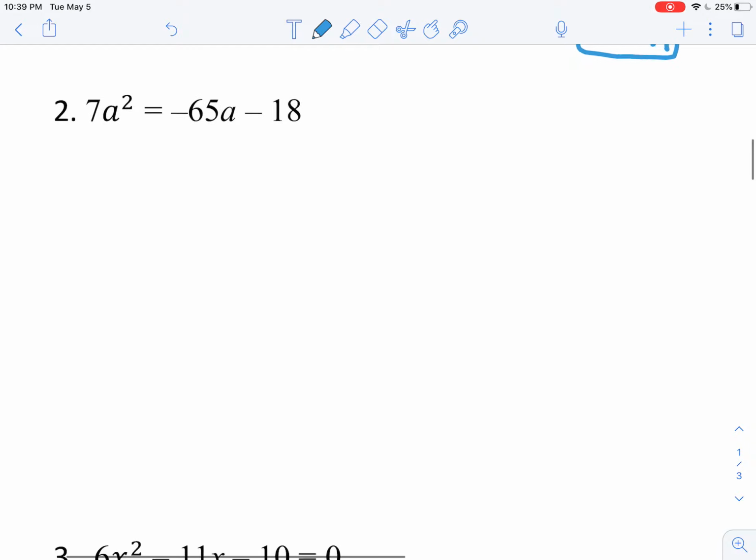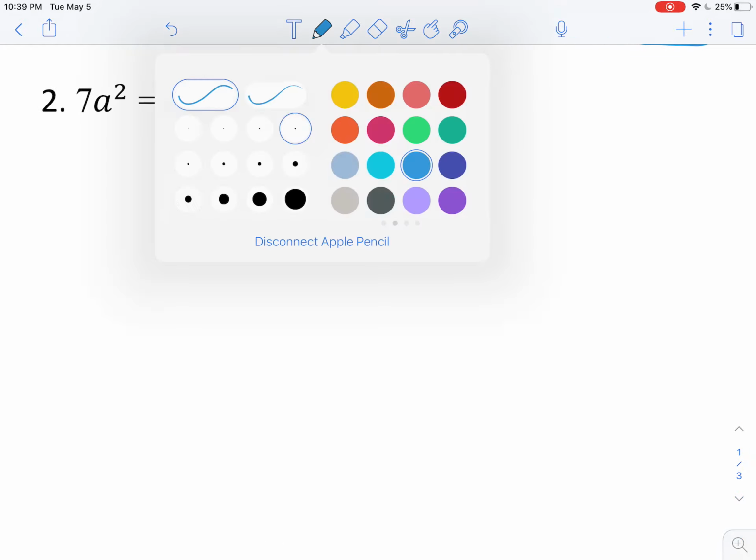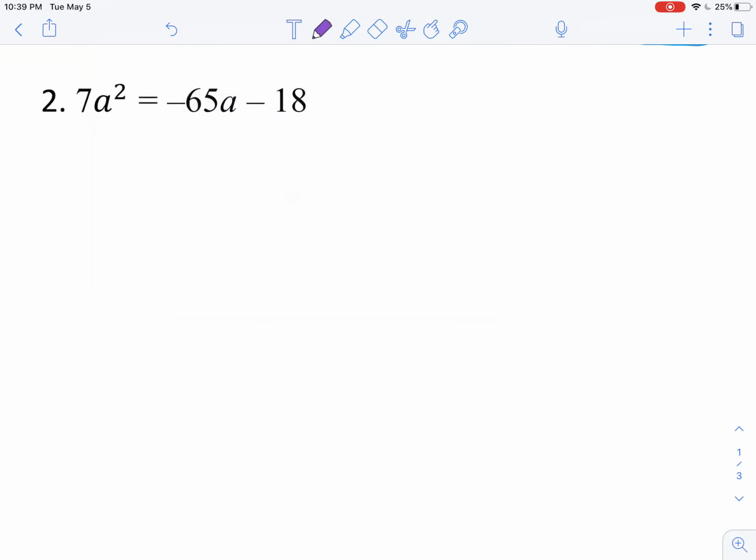Okay, when we take a look at question number 2, we're still solving our equations. We still need to have all of our terms on one side of the equation in descending order. So again, let's start by moving that minus 65a over to the left and the minus 18 to the left side. When we add each of those terms to both sides, we should get 7a squared plus 65a plus 18